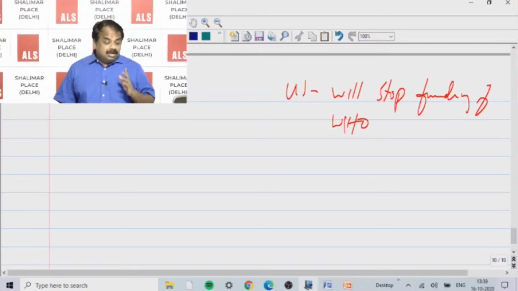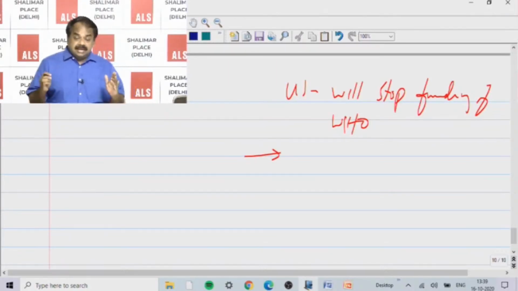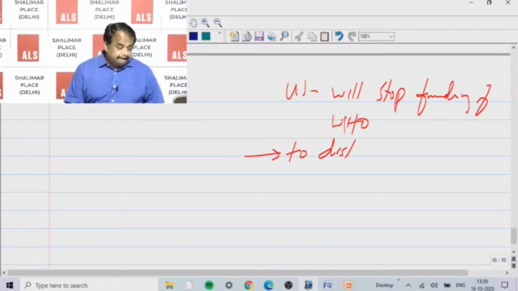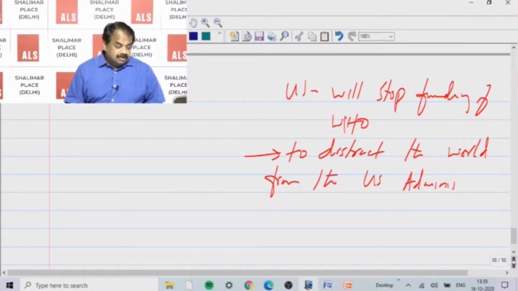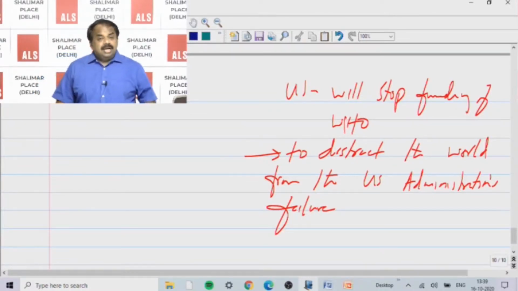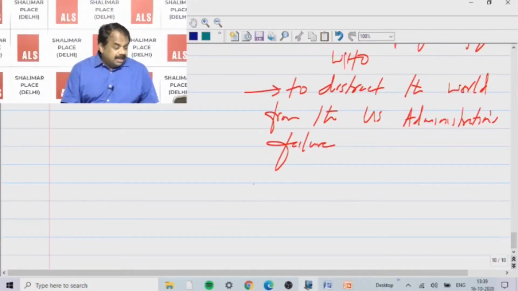And in fact, according to many experts, this US ploy is to distract the world from the US administration's failure in preparing for the pandemic. Absolutely no doubt regarding this. And it's also true, as I told earlier also, that there are some failures